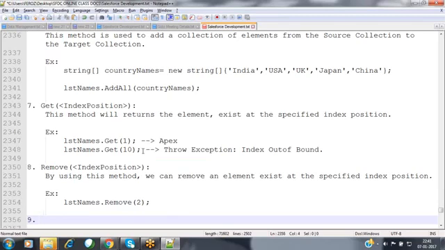This is the way we can remove an element from the collection. Suppose you want to remove all the elements from the collection.